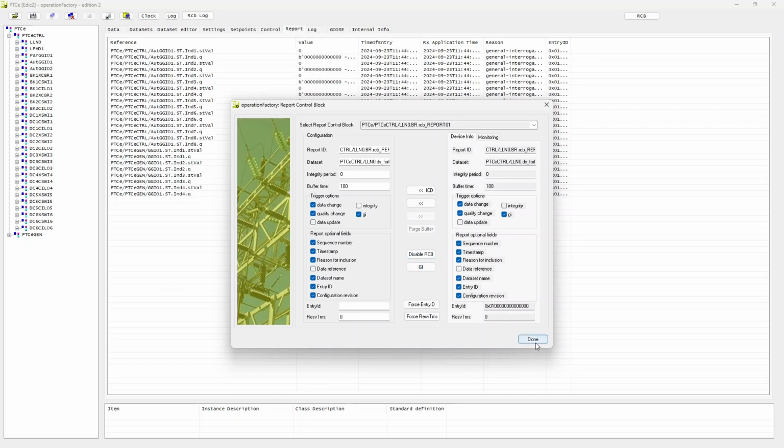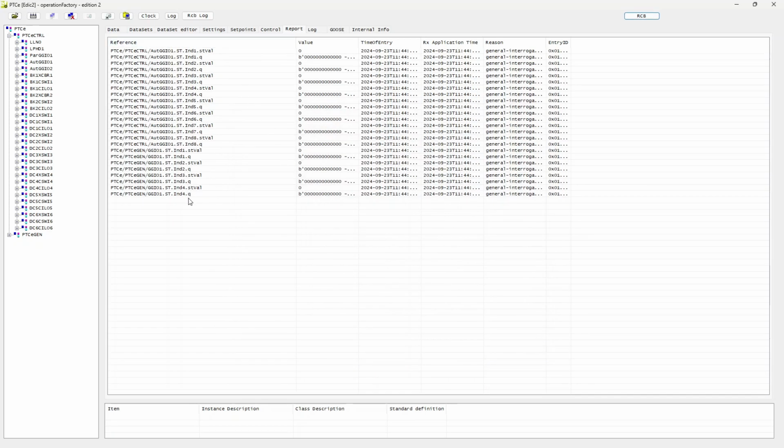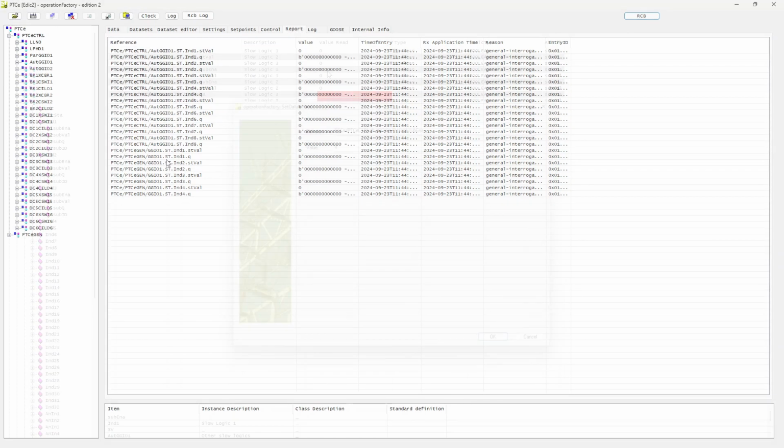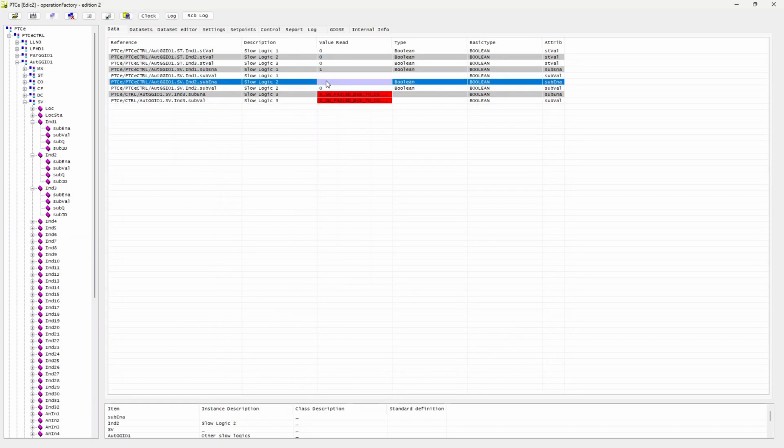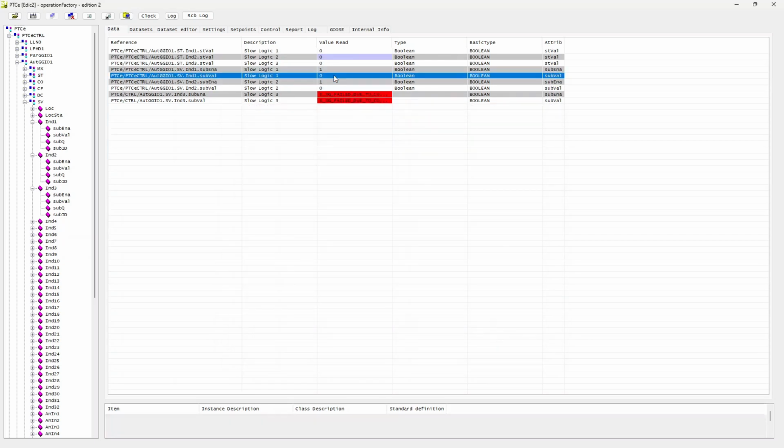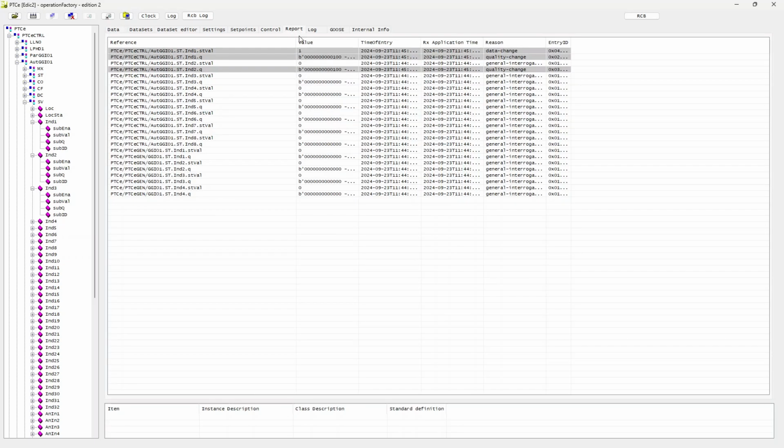The reports can be read by general interrogation or by the change of value in one of the signals included in the dataset assigned to the report. In this example, the inputs included in the report's dataset have been sequentially updated, and the updated reports have been accordingly received. Finally, we now know how to configure the report publication of an IED with the Energy Factory Suite tool.